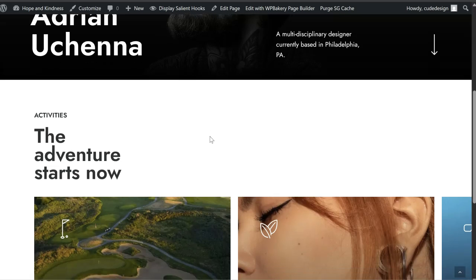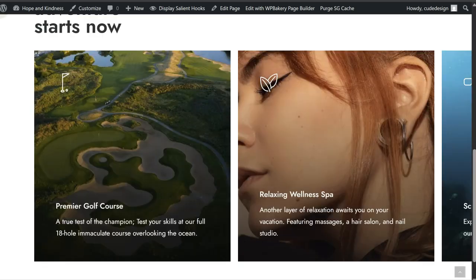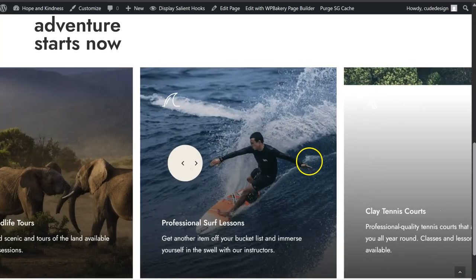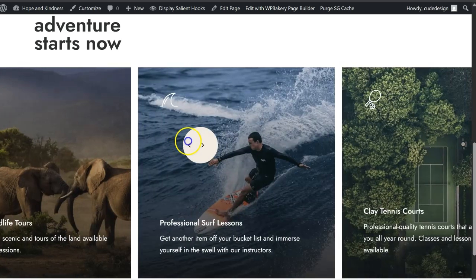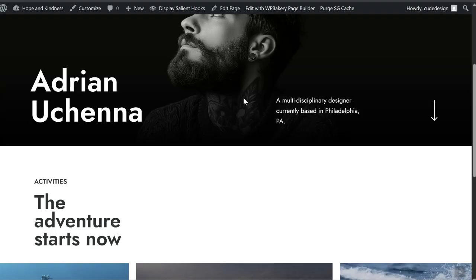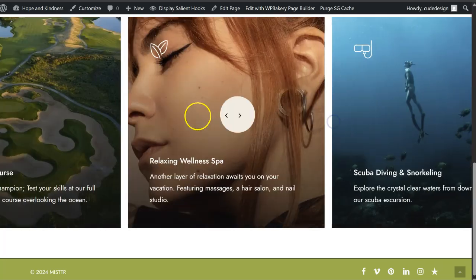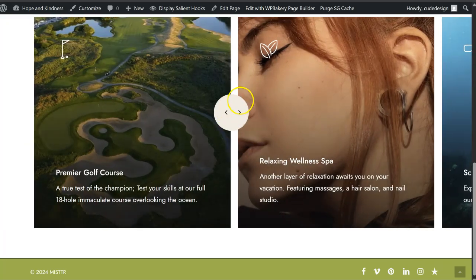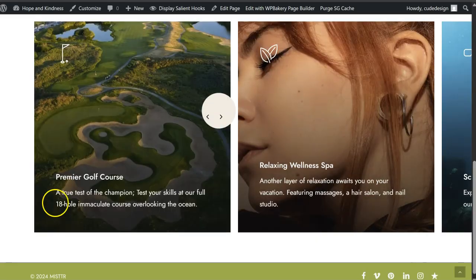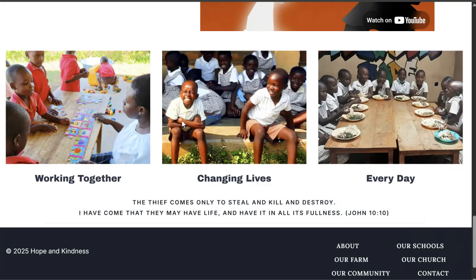So the font style doesn't really work very well there. I don't know. I'm not sure if this is going to look too fancy or if we should keep it more simple and neat. I'm going to keep that in for the time being, and we're just going to have a look at the other